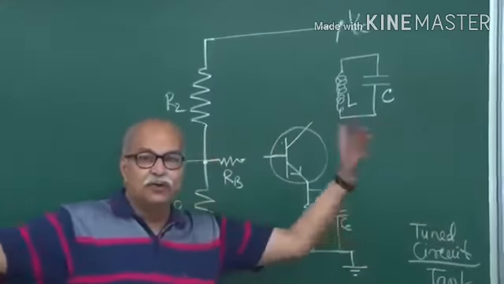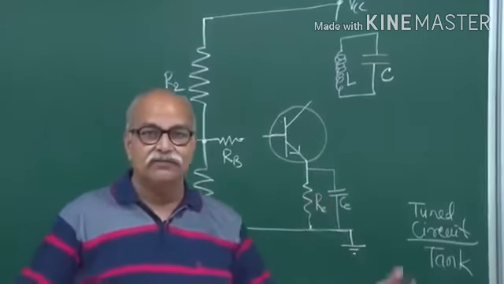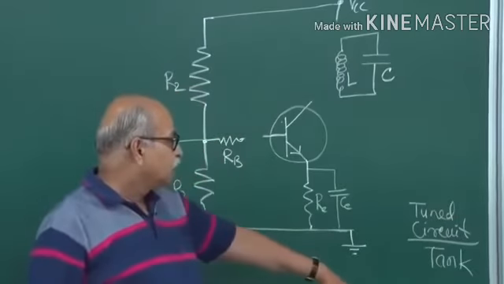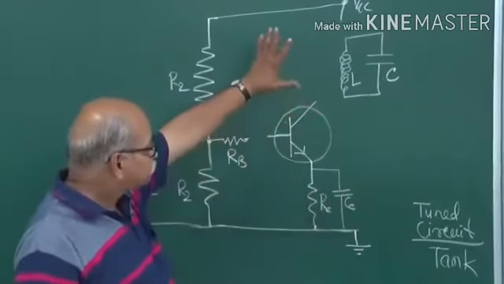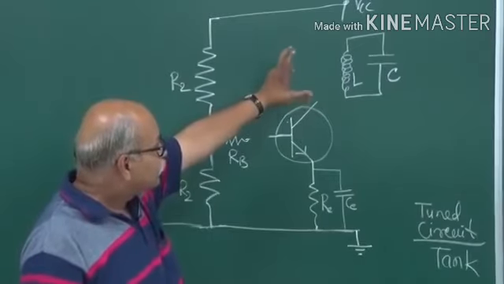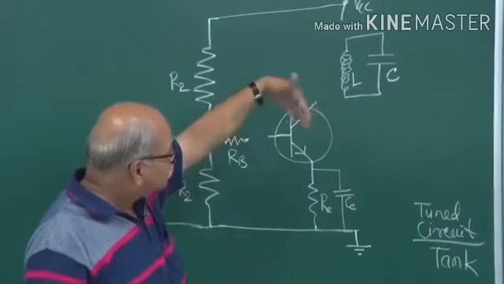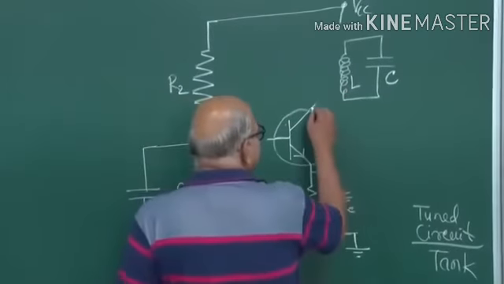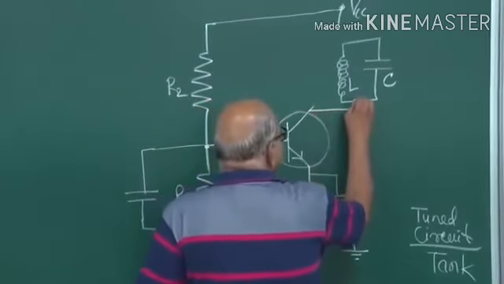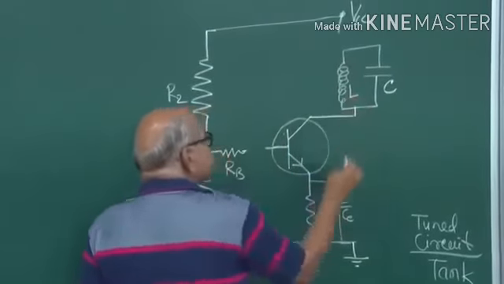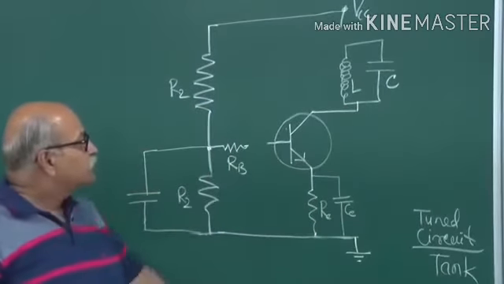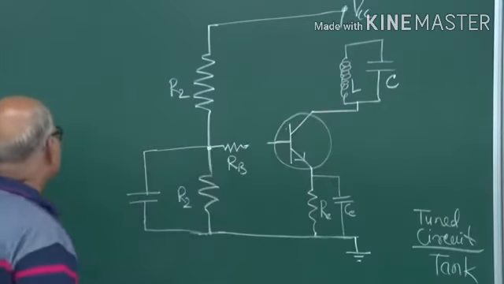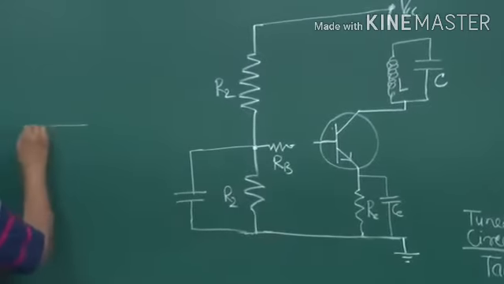A tank we use to store water or oil or food grains or something which is stored. So here it stores the frequency or the amplitude, so it is known as tank. Here we are putting that into the collector circuit, and this L which is here is actually the primary of a transformer. Okay, so you remember transformer, you have a core,